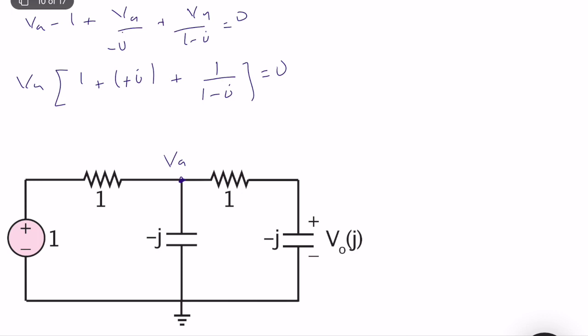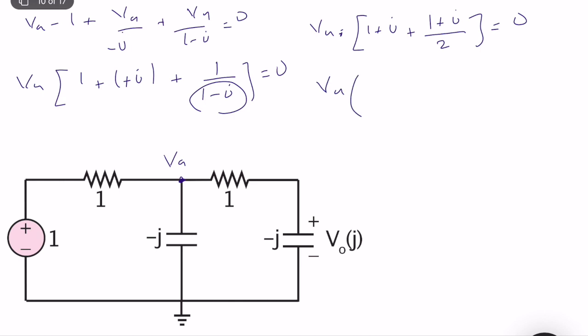So VA is equal to 1 over (1 plus j plus 1 over 1 minus j). If I multiply by its complex conjugate, I will obtain that it's equal to (1 plus j) divided by 2. So VA times (3 over 2 plus 3 over 2 j)